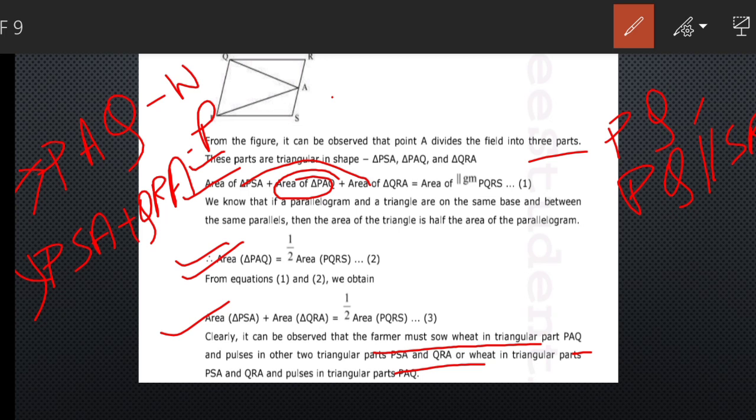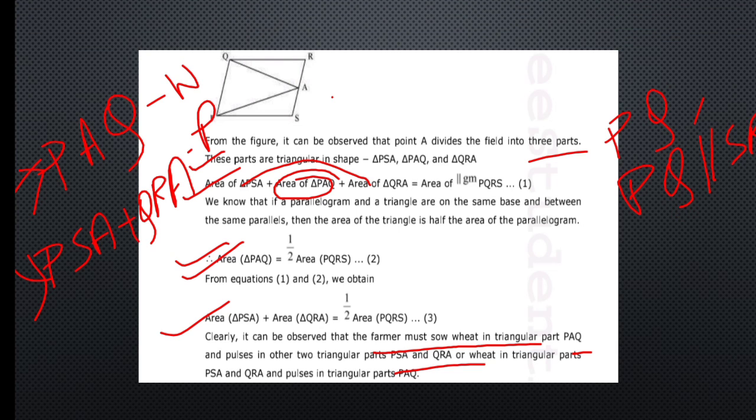So this is how we can do such word problems. And today we discussed the last three sums of this